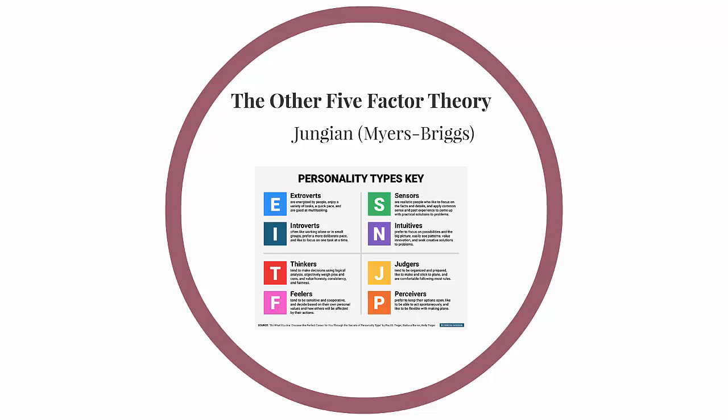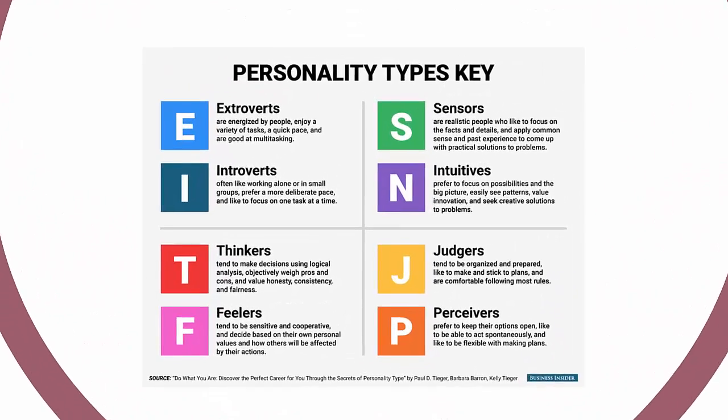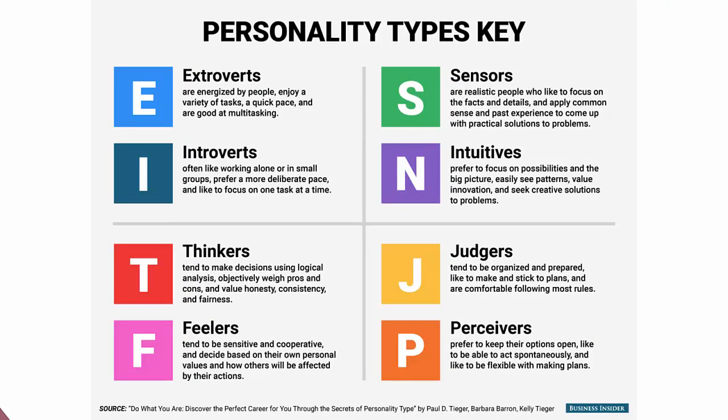Most human resources departments, most hiring procedures for a lot of companies today focus on this Myers-Briggs assessment to see where people fall in these four quadrants, right? You sort of saw the four quadrants in the two-factor theory, and then we had the five different levels in the OCEAN or the CANOE five-factor theory. Well, with the Jungian five-factor theory or the Myers-Briggs, we have four quadrants. You're identified as either an extrovert or an introvert, a sensor or an intuitive, a thinker or a feeler, a judger or a perceiver. And you end up getting sort of assigned one of those.